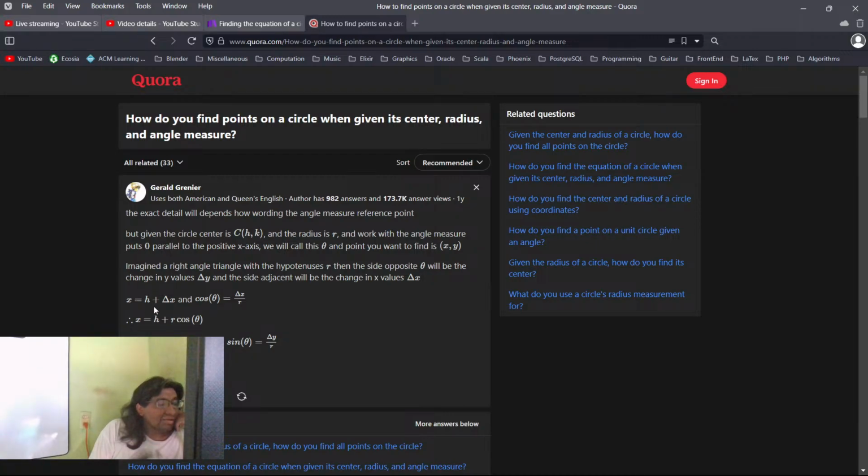X equals h plus delta x. Therefore, x equals h plus radius times cosine theta. Likewise, y equals